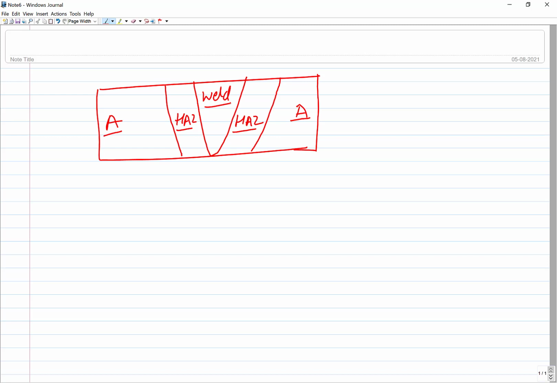In solid state joining also you can have the weld zone, not typical to fusion welding, but there is also a weld zone of this kind. It may be developed in solid state itself. You can have a weld like this also, and it can behave similar to that of a fusion weld joint. So in a typical fusion weld, what you have is